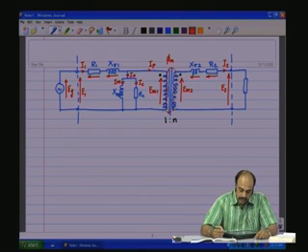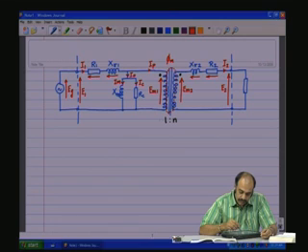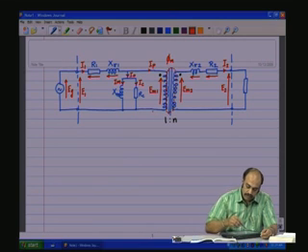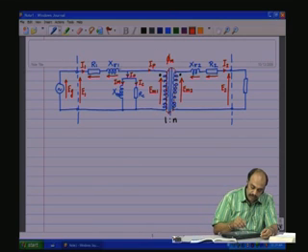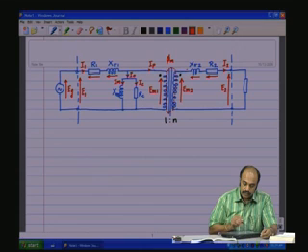So, this is the practical transformer. Now, let us draw the phasor diagram for this practical transformer. It looks pretty complex, but it is not actually so difficult to draw the phasor diagram. In fact, we have in parts drawn the phasor diagram. We have drawn the phasor diagram for the ideal transformer portion. We have drawn the phasor diagram for the ideal transformer plus the core loss and magnetizing component portion. Now, we have to include these two. So, let us start from the phasor diagram, the ideal